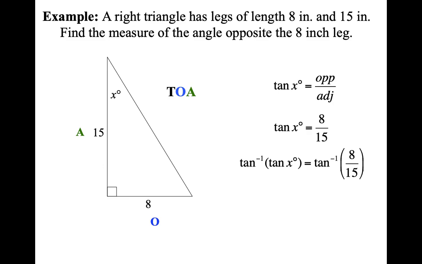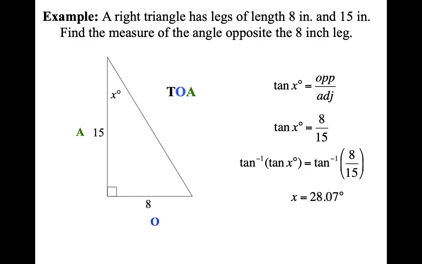So in the calculator, we're going to do tan inverse. To do that, you press the second button and the tan button. Again, watch the video on how to use the calculator. And we're going to do 8 divided by 15, close the parentheses, press enter, and we get x is equal to about 28.07 degrees. So like I said, the inverse of tan takes a ratio and creates an angle. Input the ratio, output the angle. The exact opposite of tangent.